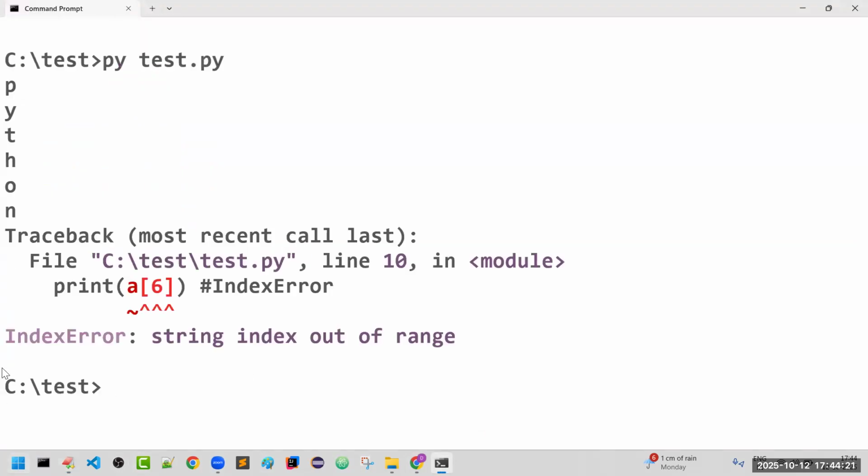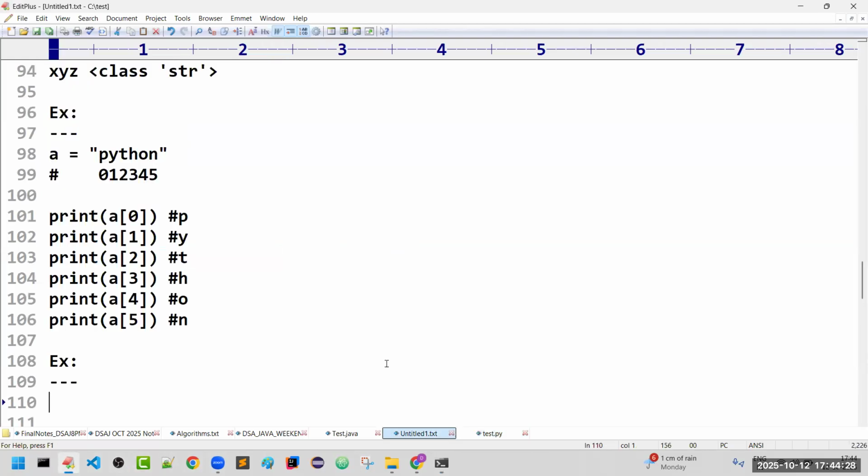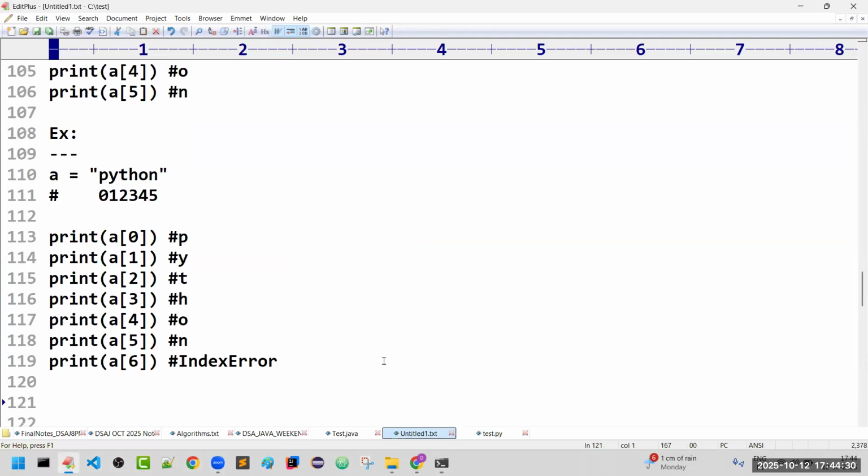You can see the index error with the message string index out of range. I hope the indexing concept is very clear. Any questions from your end? Please confirm.